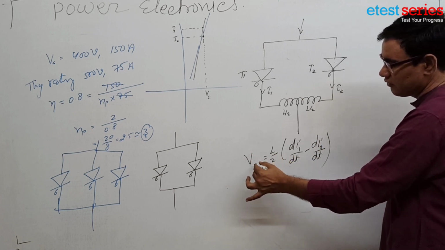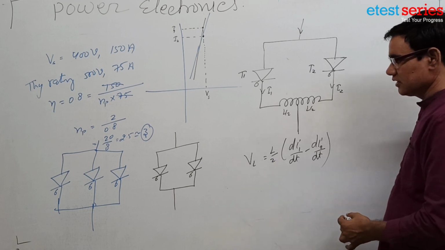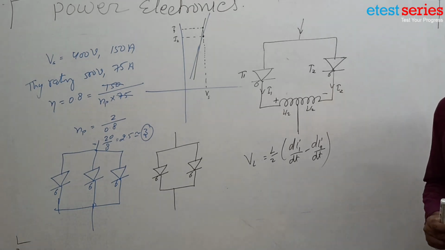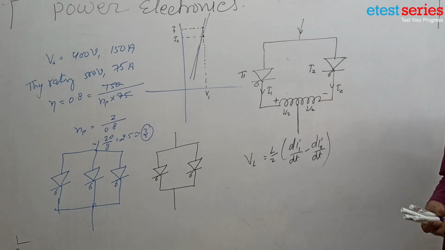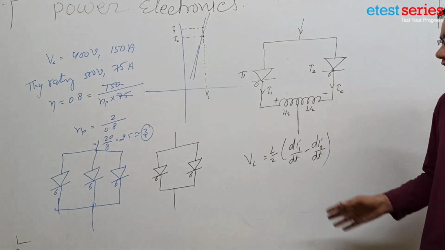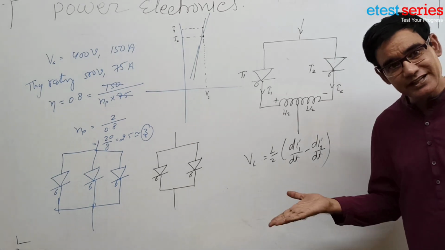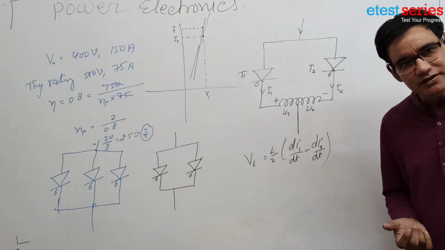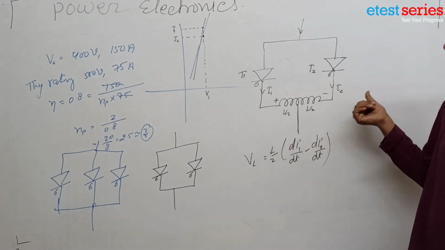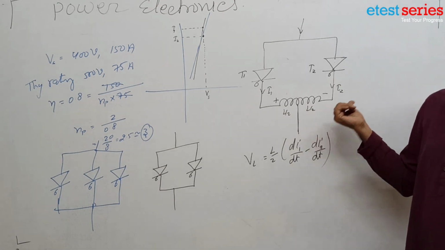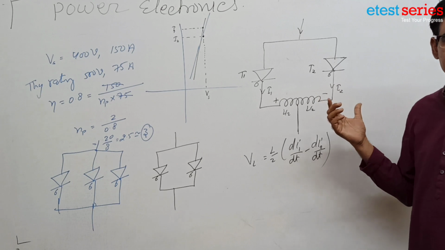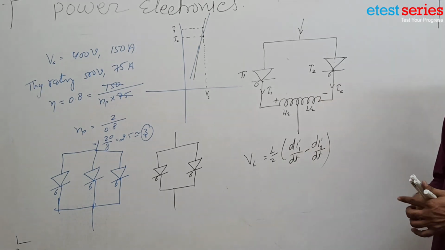It is equal to the voltage across the inductor, and that voltage is like this. If the current is high on the I1 side, it opposes the current, and due to the opposition, the current further decreases. The opposition takes place as long as the current remains high. If the current is not higher, then there is no opposition. If the current is increasing on the I2 side, then the opposition happens on the I2 side. So where the current is increasing, the opposition will take place.